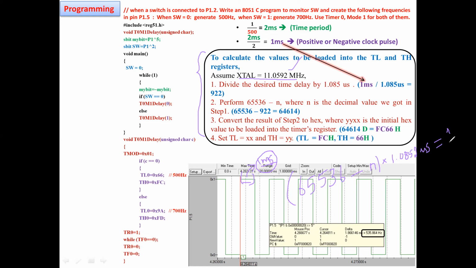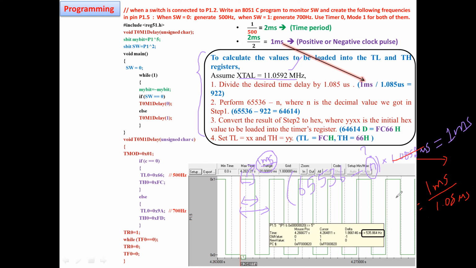I want only 1 millisecond, that is this period, so that I can obtain my frequency as 500. That is possible, and we will check that now. Now you can find out what value you have to place in the register. First you have to divide. You bring this down to the denominator. So you will have 1 millisecond divided by 1.05 microsecond.